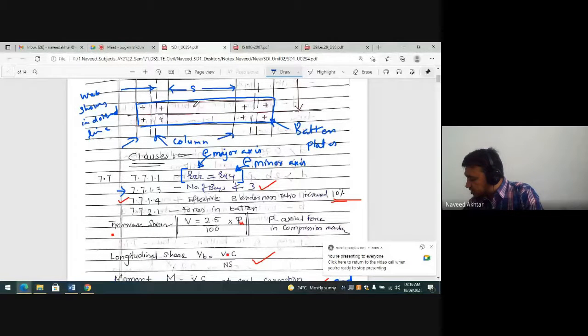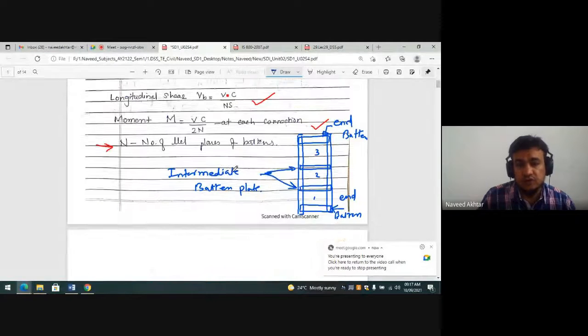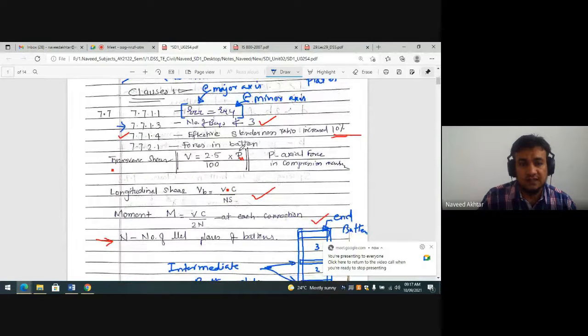Should not be less than 3 days. Okay. So always you should try that if you are going for the battening system, at least there should be 1 to 3 day minimum throughout the line. So that is your clause